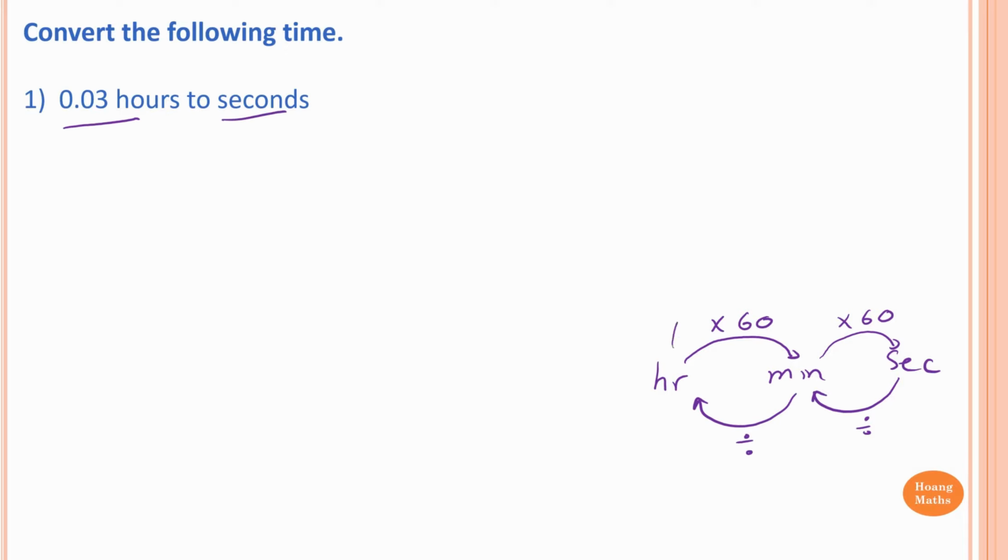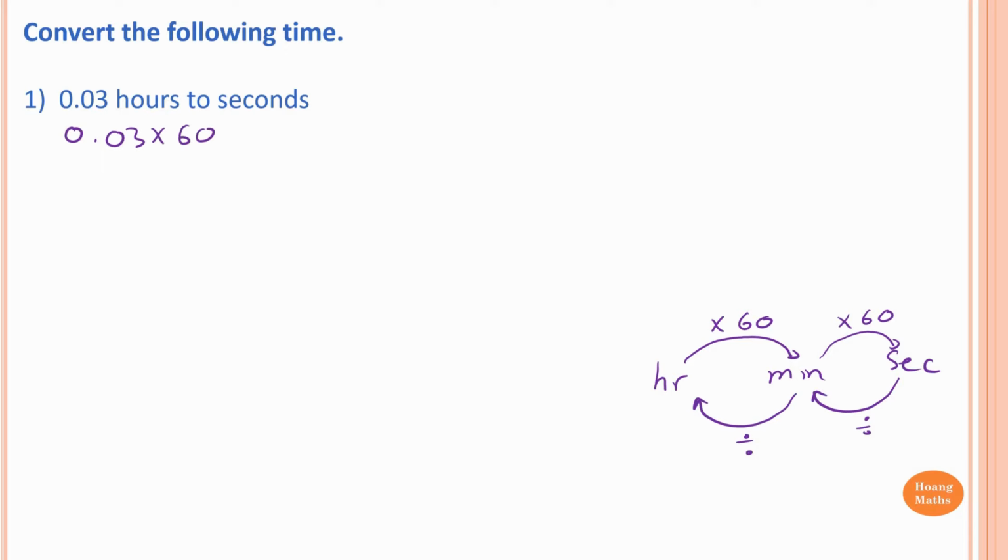Let's go through a few examples. First one. We want to convert 0.03 hours to seconds. To do this, I just write this out first: from hours, and then minutes, and then seconds. From hours to minutes, we times by 60, and from minutes to seconds, we times by 60 as well. Then from seconds to minutes we divide by 60, and then we divide by 60. So from hours to seconds, we times by 60 and times another 60. So that is